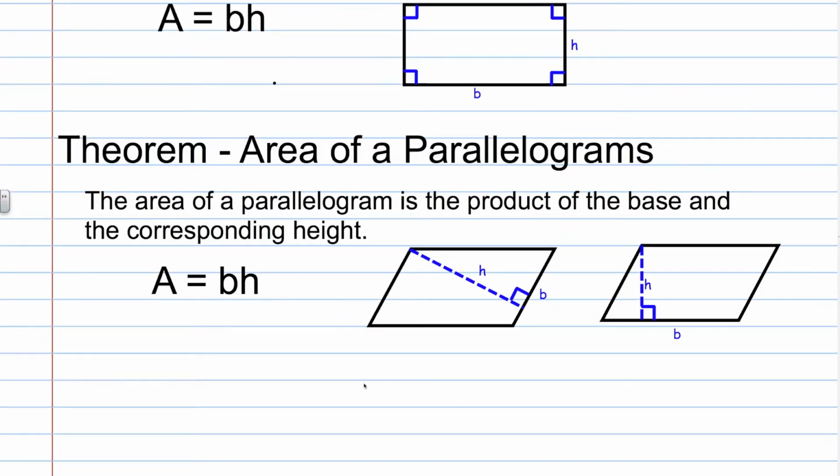If we take a look at this here, I have two parallelograms, and each parallelogram has two different heights. The areas will be the same, but there are two different heights depending on which side of parallel sides, or pair of parallel sides, you're using as the base. In this case here, we have the base being the shorter sides, and you can see here, here's the perpendicular distance between